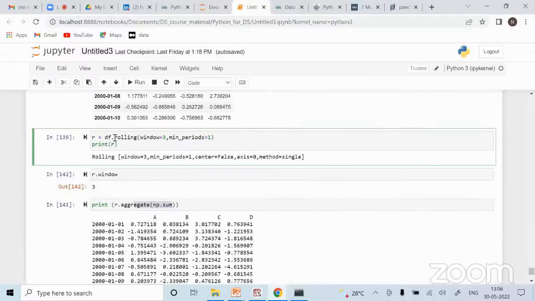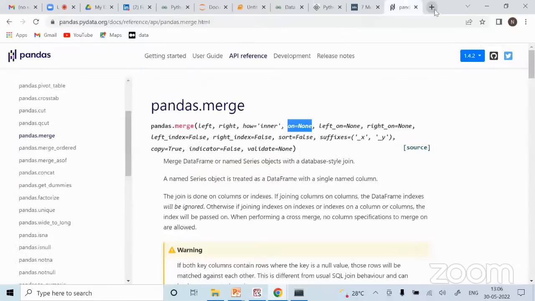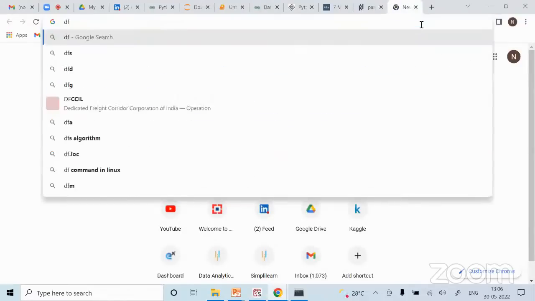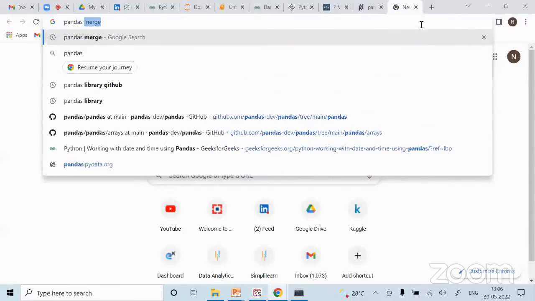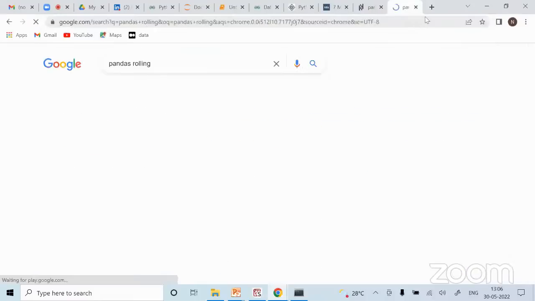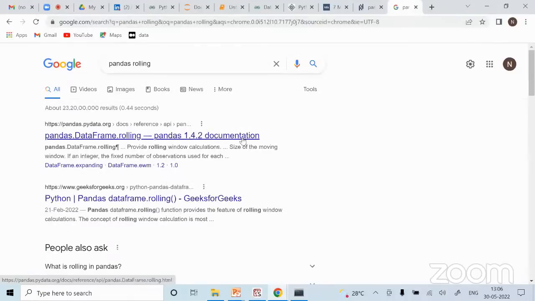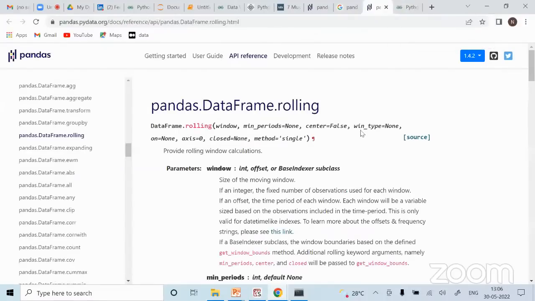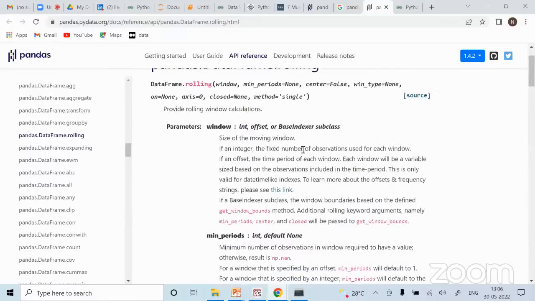So if some things are not very clear, because to be very honest, I have not implemented this rolling function ever. So let's see pandas, because I know it's in pandas because df is a data frame, right? So let me search and see what it does. You can always go to the documentation or select on this side what the use case is and how we use it. So maybe that time it is more clear. As you can see, what it shows is DataFrame rolling. You give window, min period, and all these things. So what it does is,